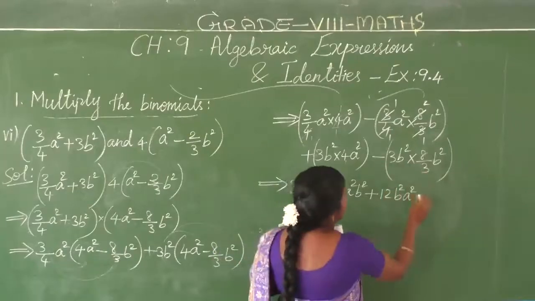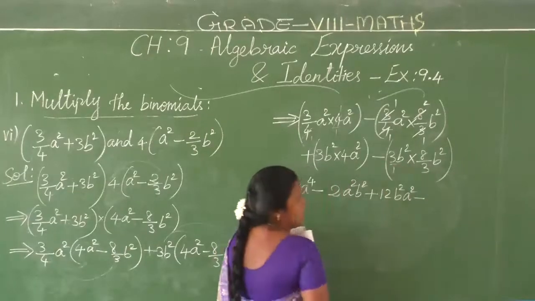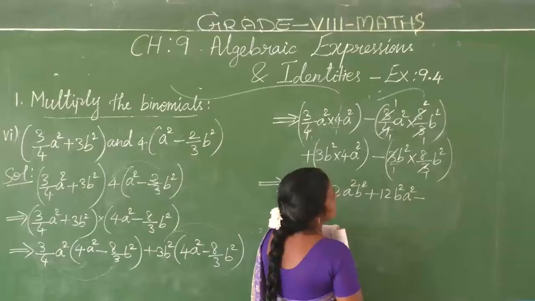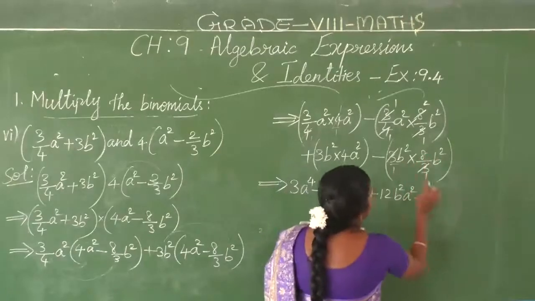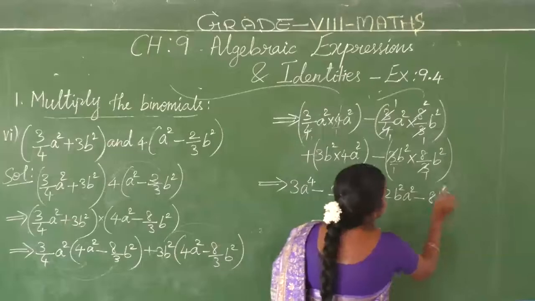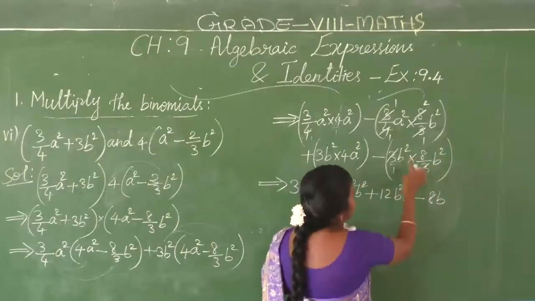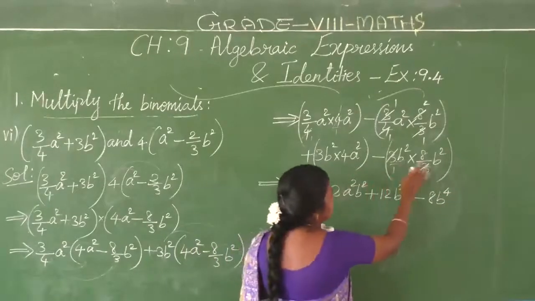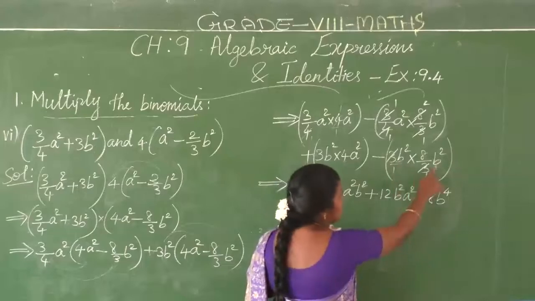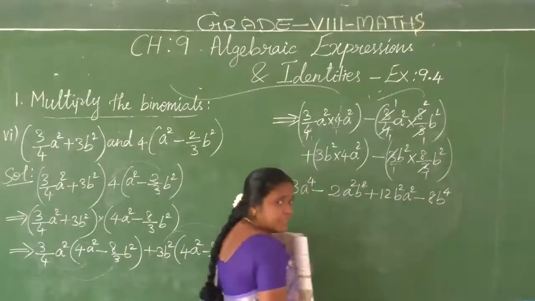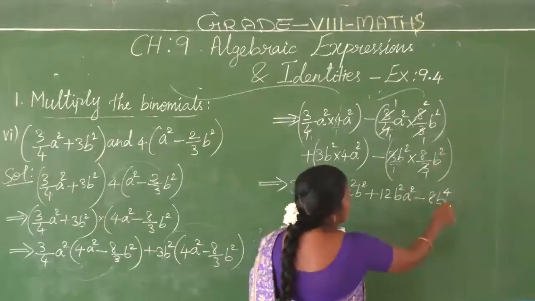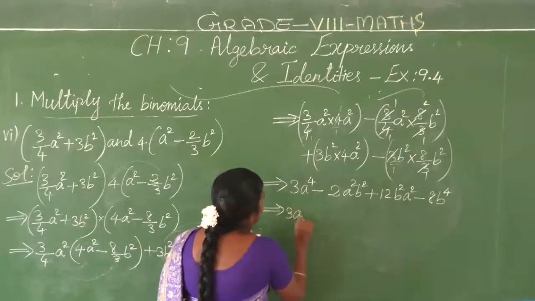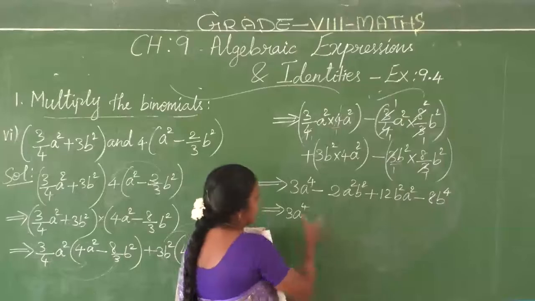Come to here, plus into minus, minus, here 3/1 in the fractional form, this 3 will be cancelled, which is remainder 8 only. 8 into b square, both are like terms, so we can add their powers in product section. So b square into b square, b power 4. Don't forget, don't keep as it is, b square like that. Like terms in the product section, we can add their powers. So b square into b square, nothing but b power 4. Okay, now 3a power 4, for that there is no pair, as it is I have taken.